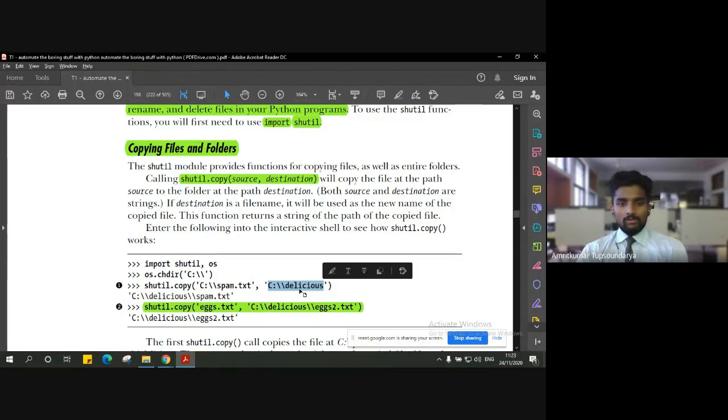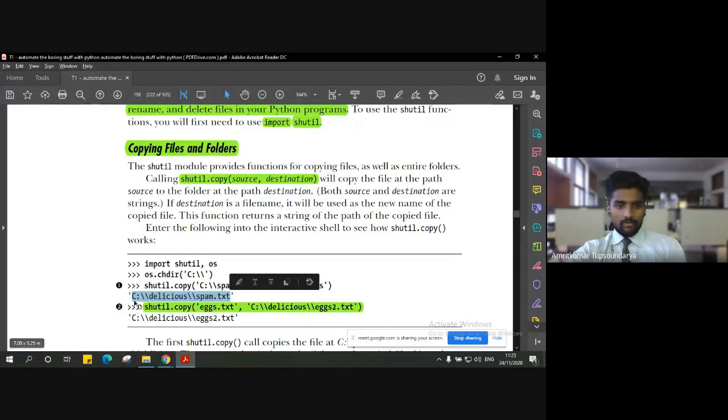As you can see, the name I have given here is not a new document, it is actually a folder. So spam.txt will be stored inside the folder delicious. My current path becomes something like this: the C drive, inside that a folder named delicious, and inside that a document called spam.txt.